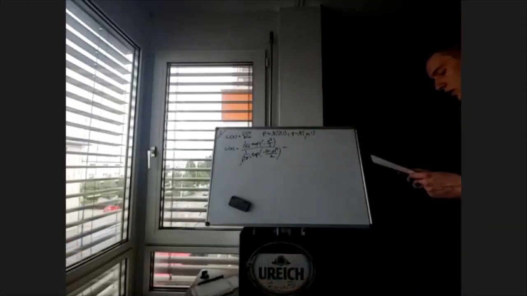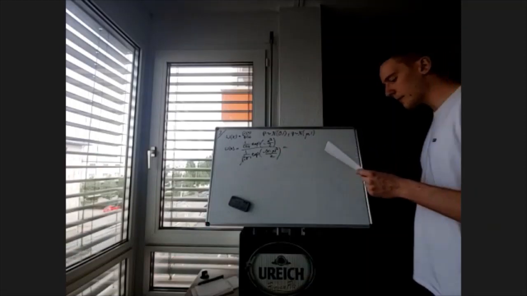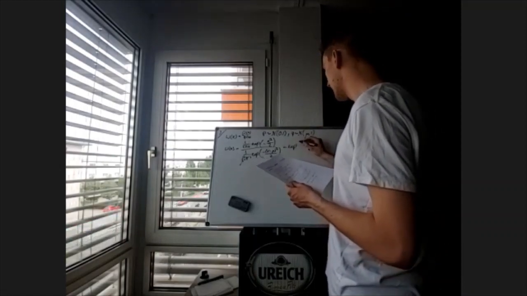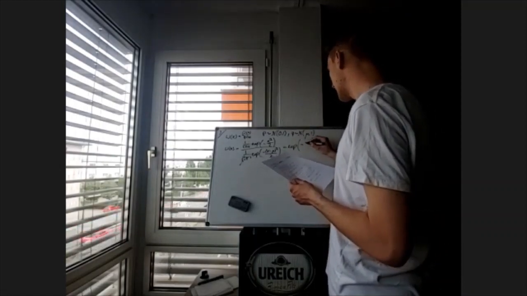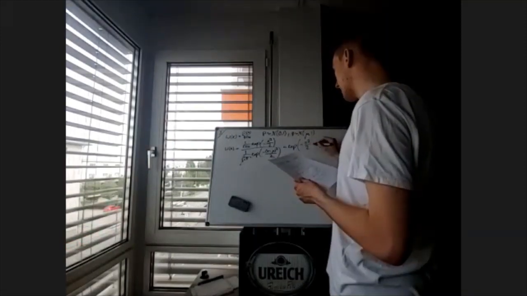So what do we have here? We have the exponential of minus x squared over 2 plus